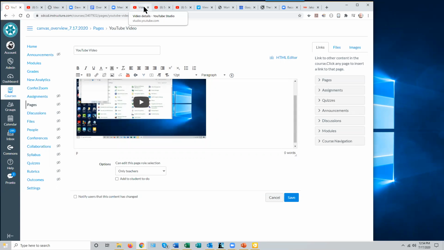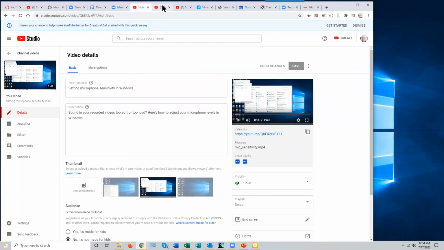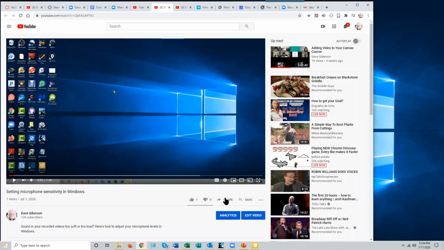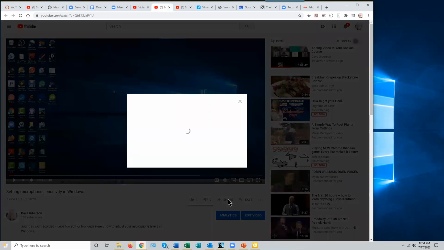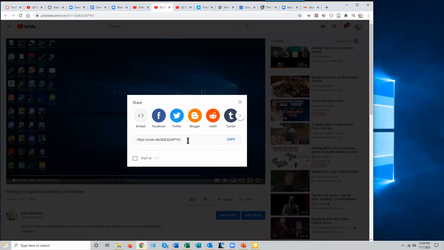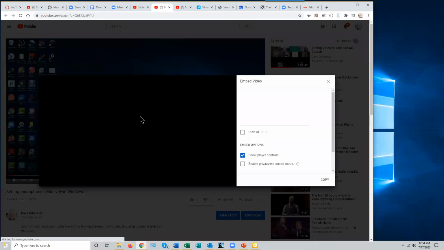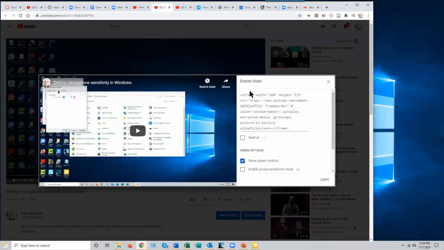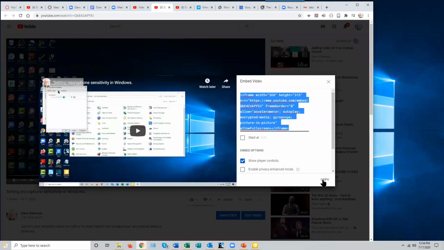I have to start by going to that video on YouTube. There it is. And I click the share button to get information. But now instead of just copying this URL, I have to copy what's called the embed code for that video, which is found under this little link here that's labeled embed. So I click that icon, and this is a bit of HTML code. You don't need to worry about how it works or anything, called an embed code. You copy that to your clipboard,